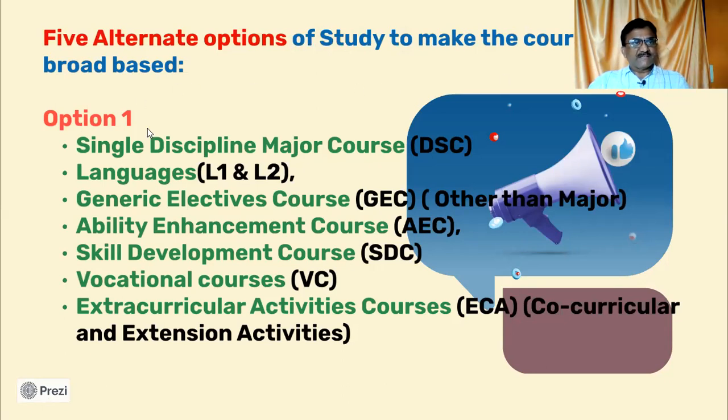The first option is the single discipline major course, DSC. The second one is languages, L1 and L2. The third one is generic elective courses, GEC, where a subject other than the major subject has to be chosen. Then there are ability enhancement courses, AEC, skill development courses, SDC, vocational courses, and extracurricular activity courses, ECA, which comprise co-curricular and